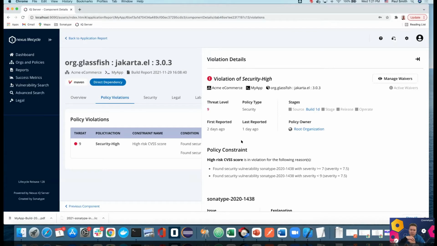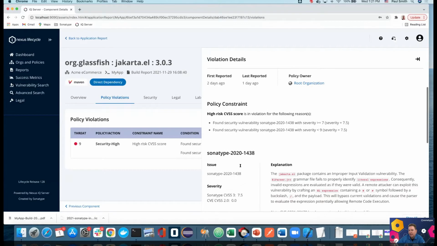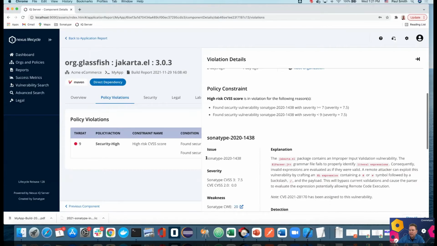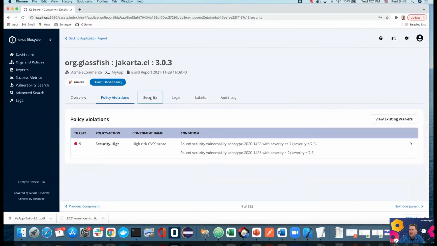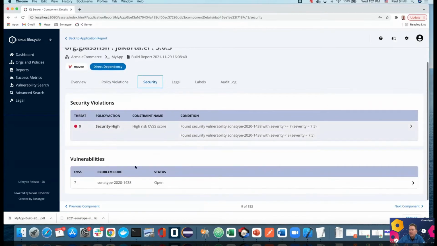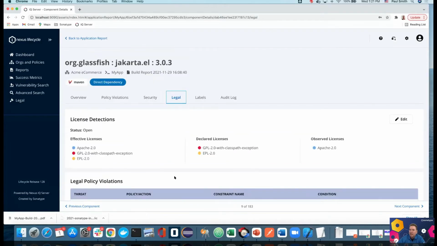Again, it goes down to precise and accurate data. We actually research this and add to those common sources of CVEs. And here you can see the issue is actually something flagged by our research team. Of course, again, we can look at the different CVSS scores as well as what licenses we're dealing with here.